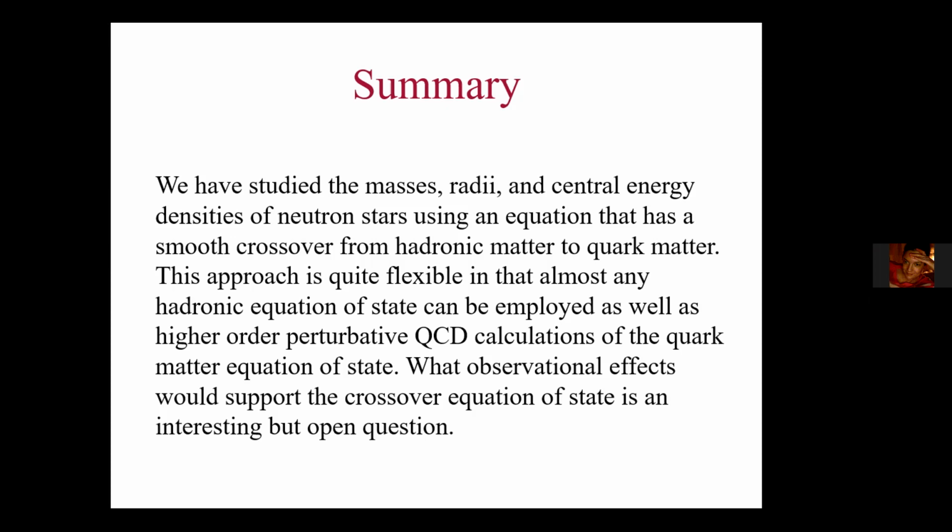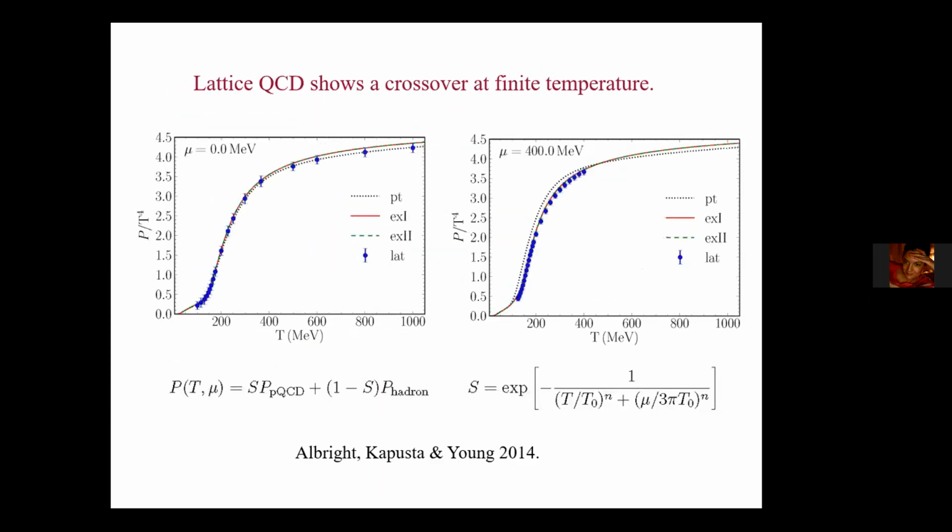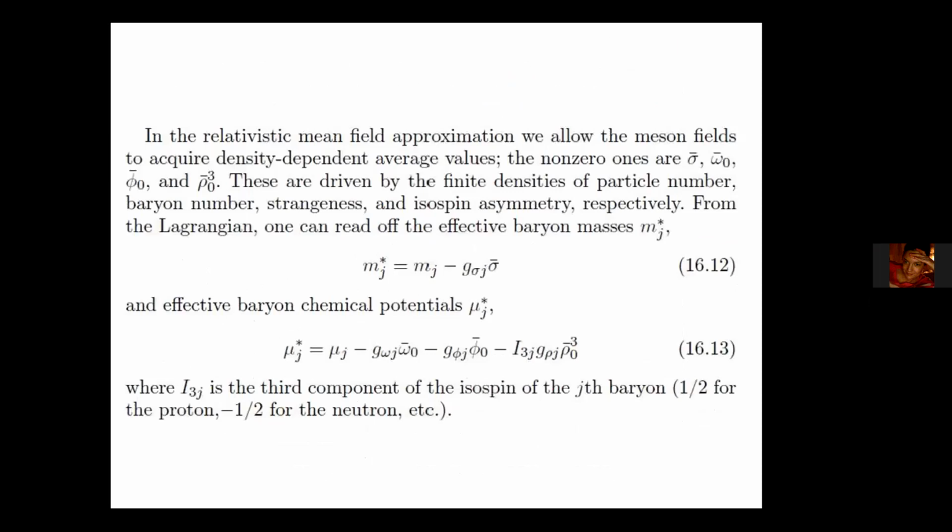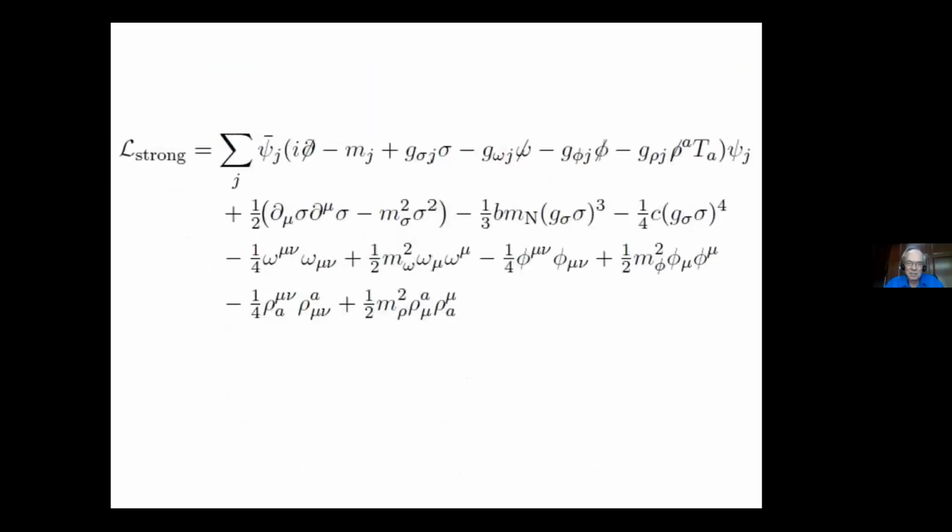Hi, thank you. That was a wonderful talk. I have a question back on your strong Lagrangian. When you were showing the terms that corresponded to, I think it was the vector mesons. Yes. So the repulsive term, tell me, is that the -1/4 phi mu nu, phi mu nu? Where is the repulsive vector meson interaction? Or am I... So the repulsive part comes from the next one, the 1/2 m phi squared, phi mu. The mass term. Oh. Yes, yeah,